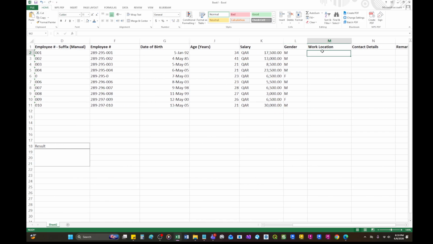Okay, work location. Let's say this location is in Sireng, and then the other is in Bireng, and Bireng, Mansoura, Salwa, Al Aziziya. Just a moment.